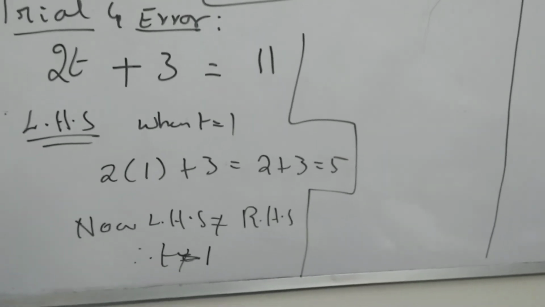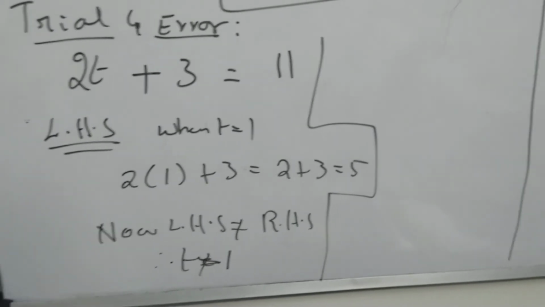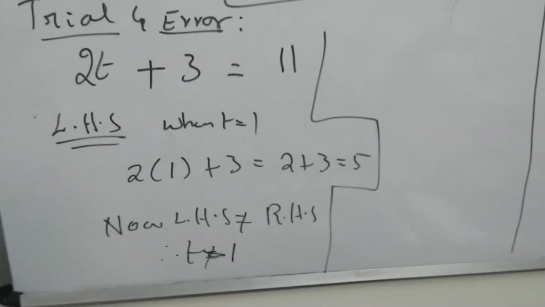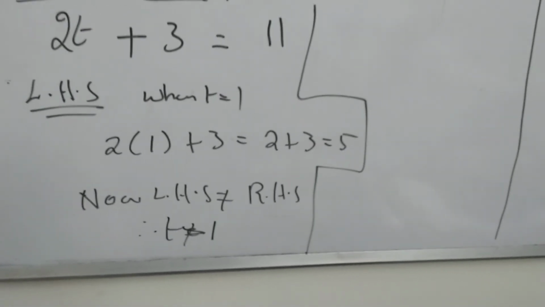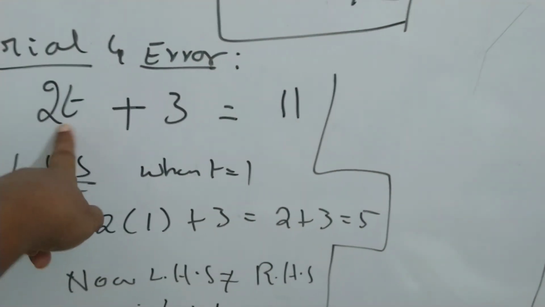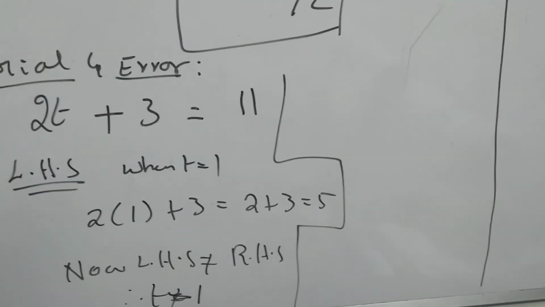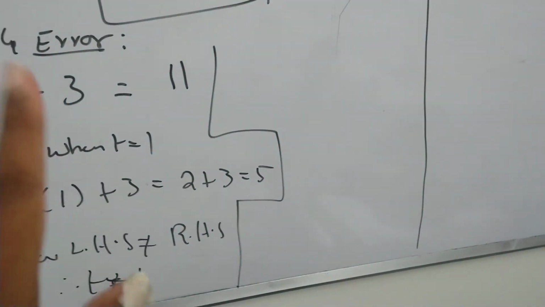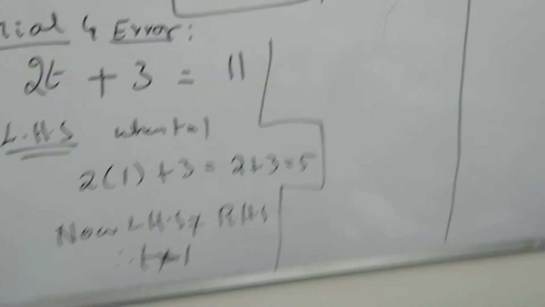Suppose a negative number is given, you should understand that it is a negative value which you are going to get for t. Trial and error method is not the best method, but it is a basic method where you will see that only one particular value fits into the equation. Okay, so here it is very clear that 2 4s are 8, 8 plus 3 is 11. So thus t is equal to 4 will satisfy the equation. So the remaining steps you do it. t is equal to 2, t is equal to 3, you do it, and I am doing it for t is equal to 4, right?